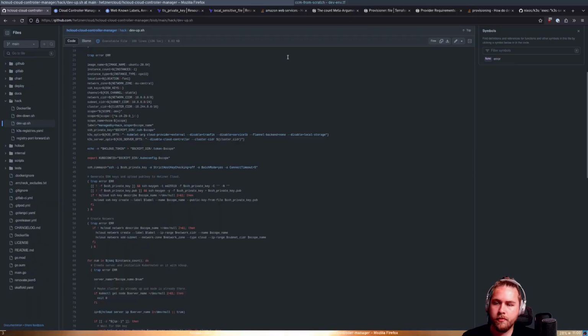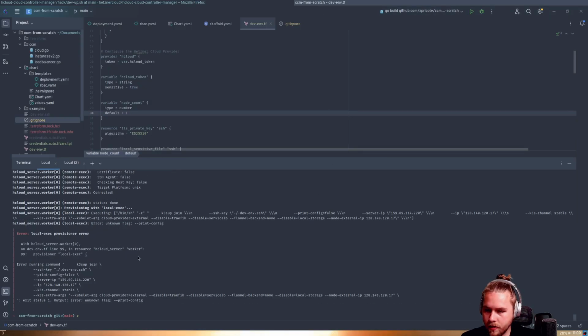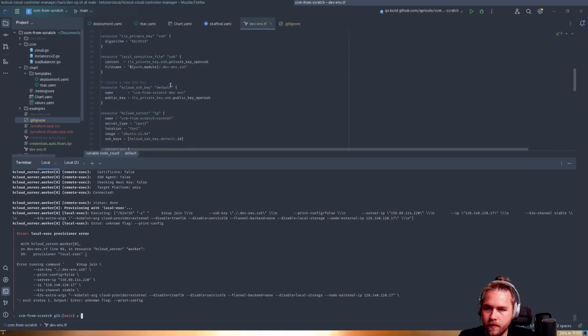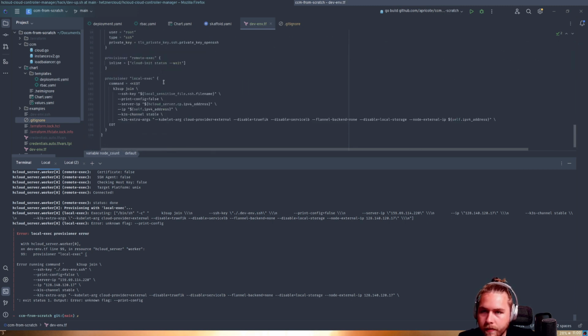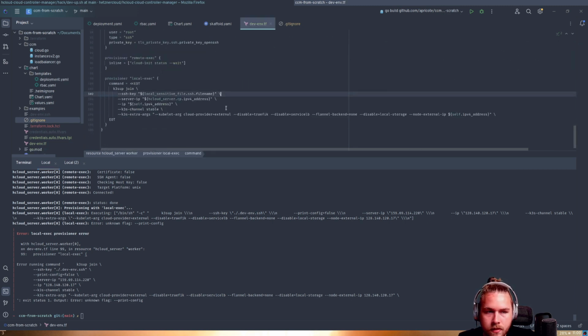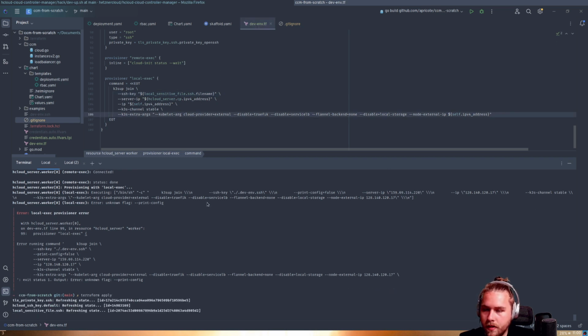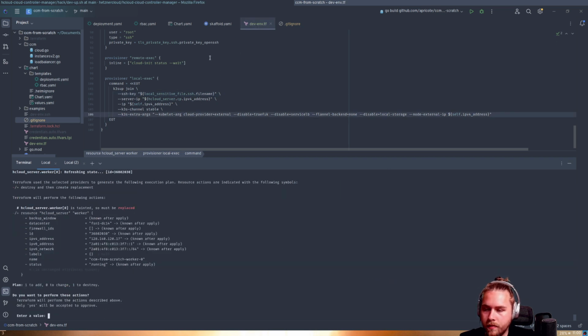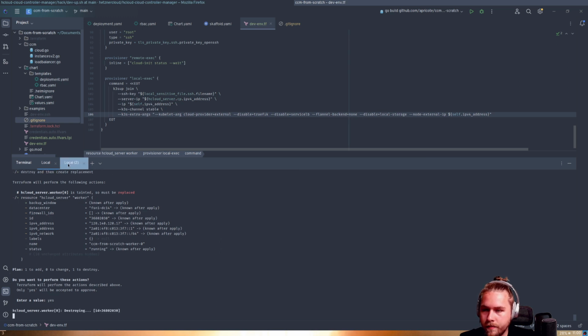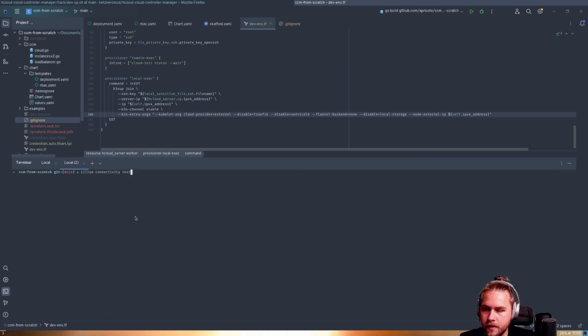And then I think one more thing that I forgot earlier. Oh, there was an error, unknown flag print config. Okay, let's just remove it and recreate the server. One thing that I forgot last time was that we ran Cilium install